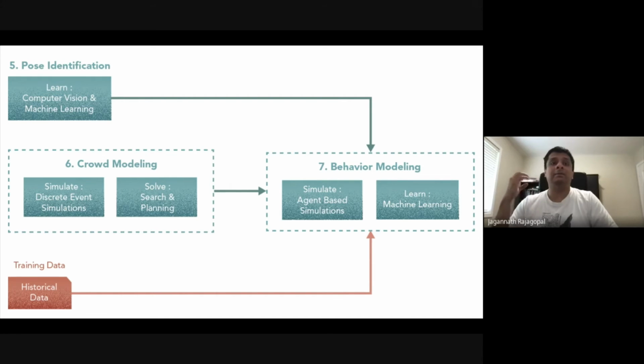And this is why the pose identifier serves as input to the agent-based simulation, and it augments what the crowd model creates. That's what you do in the agent-based simulation. A simple one would just be, let's just set these up as agents and do a planning algorithm and just create the simulation like that. But that doesn't really interact with the environment.